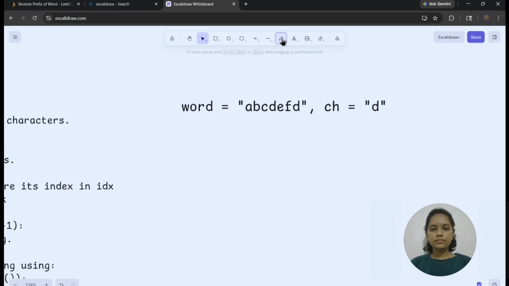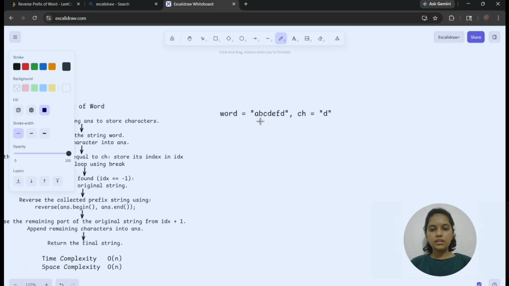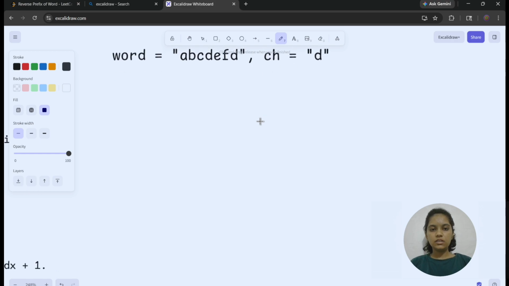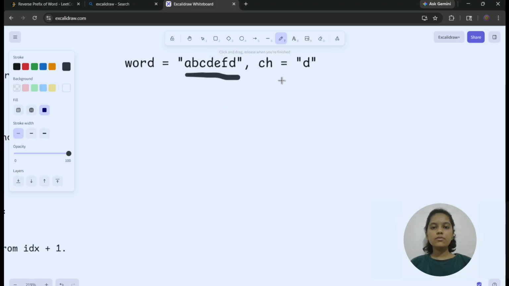Here I have a string which is A B C D E F D. This is the string I have, and I have given a character D, and I have to go through the string until I get the character D. When I get character D, I have to reverse this substring, and after that add the remaining characters to the answer.